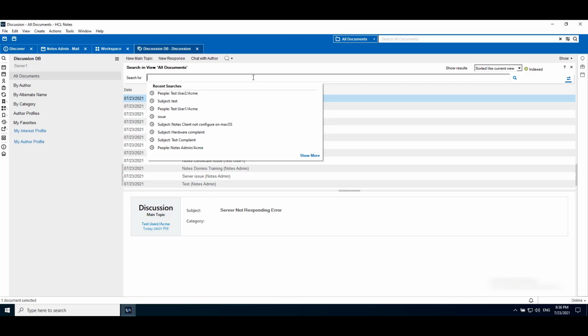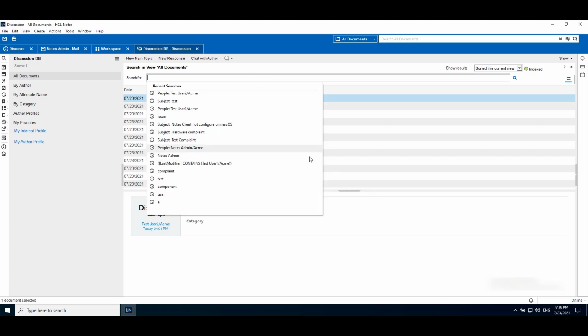One more thing you may have observed here, whatever we search here will get added in search history or recent searches. This will make our search easy and effortless. Also, when you search, it will display a show more option. It tries to show as many entries as possible till the point the UI can be expanded on the screen. This is applicable for people as well as subjects.